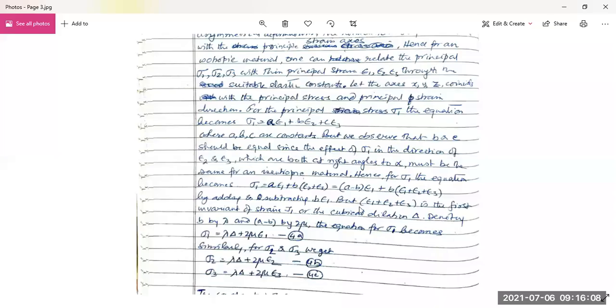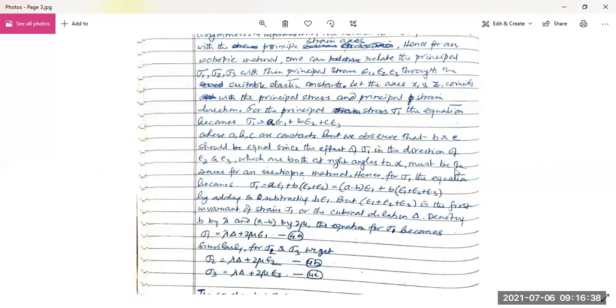From this, what we found is that the stress sigma 1 in the direction will become sigma 1 equal to a plus a into epsilon 1, b into epsilon 2, plus c into epsilon 3. And we try different alternatives to reduce the number of constants a, b, c, etc. by using the conception of